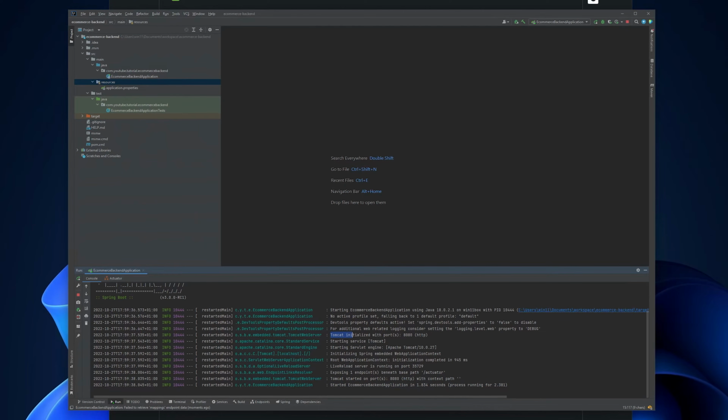And as you can see, Tomcat initialized with port 8080. So now that means we've already done it. We've got a Spring Boot application running on our environment. That's brilliant. So let's stop this application for a moment and let's put in a quick test to make sure